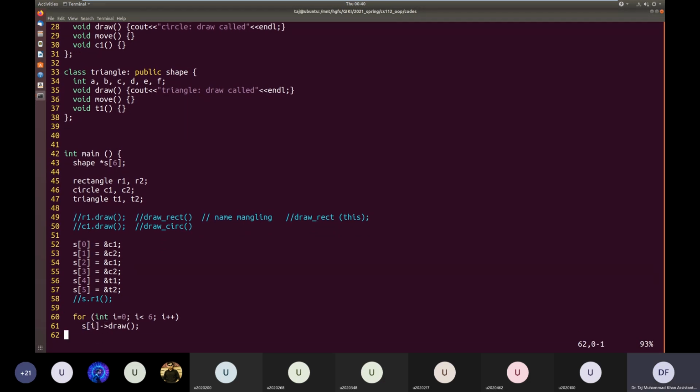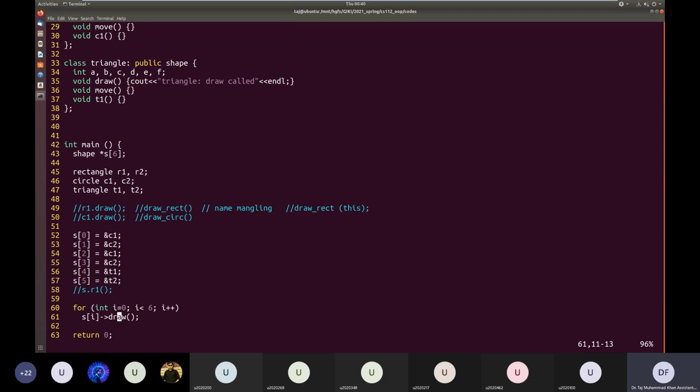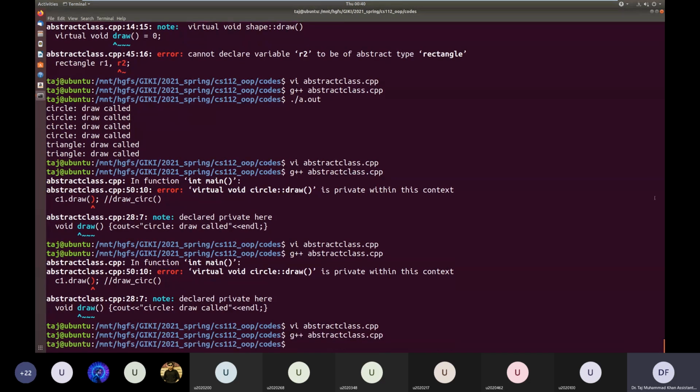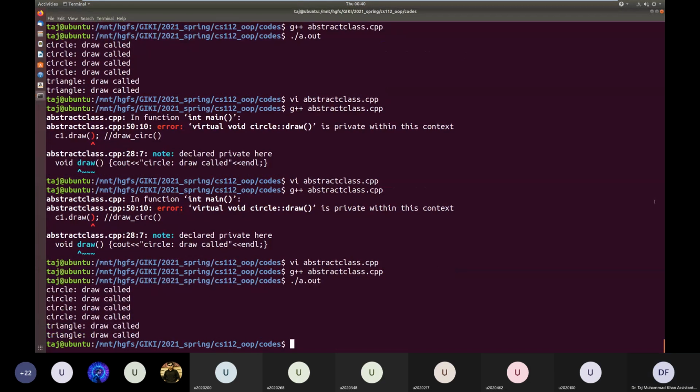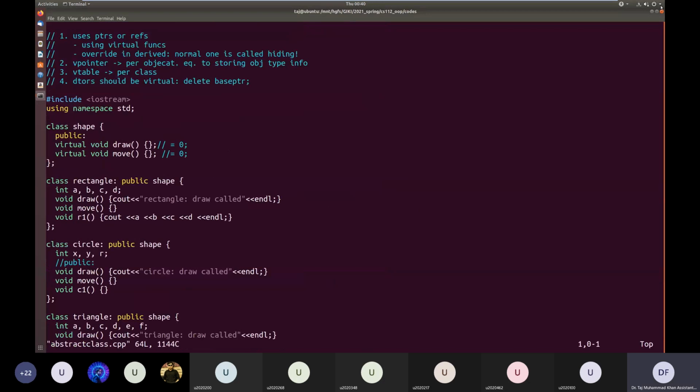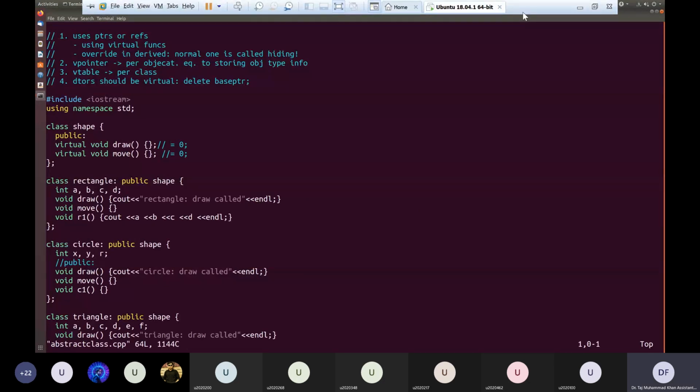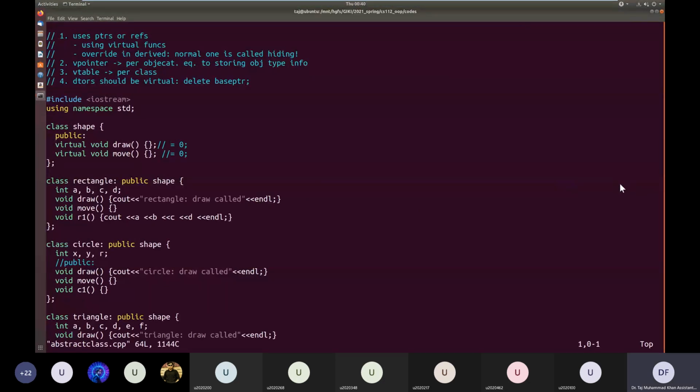So we are able to access this draw function using the base class pointer. Okay, so it seems it works like this. This is something that I learned new today.